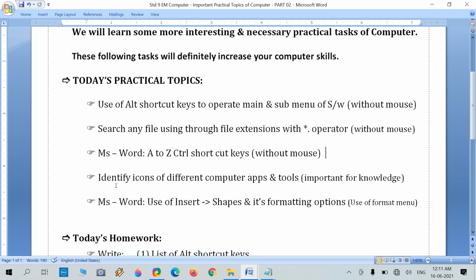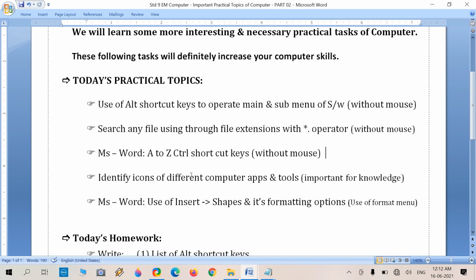Our next topic is to identify different icons. Icons are most important. We need to know how to identify and understand which icon is what and what kind of files are related.